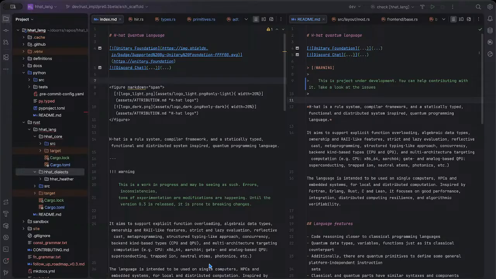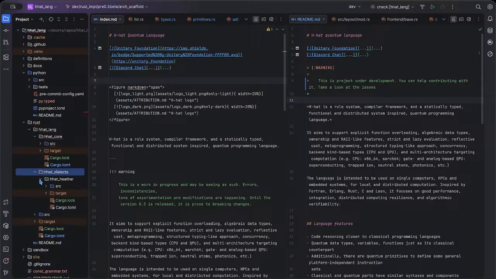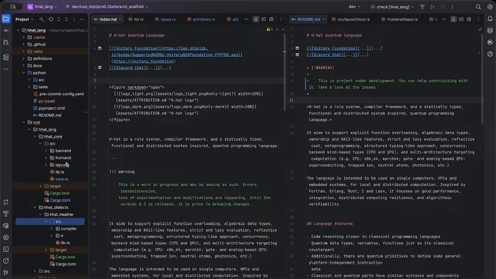But anyways, then I decided to do dialects. So in the future it would be possible to actually produce a different syntax, but using the same structures that the other dialects use. But yeah, I just decided to do a very basic dialect to prove the concepts. So going under